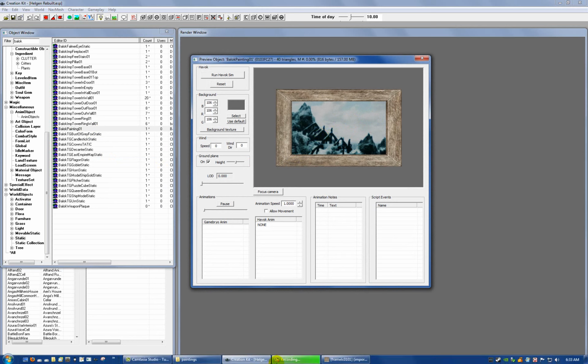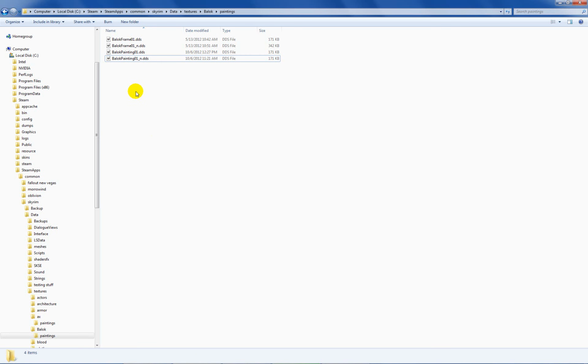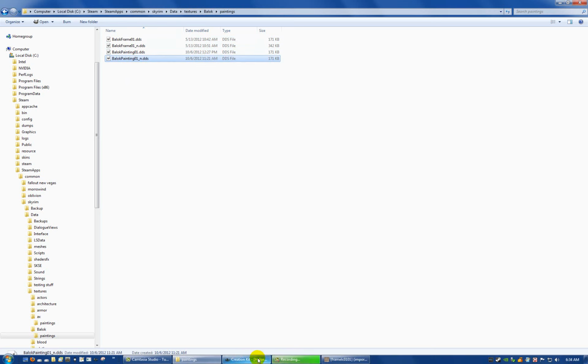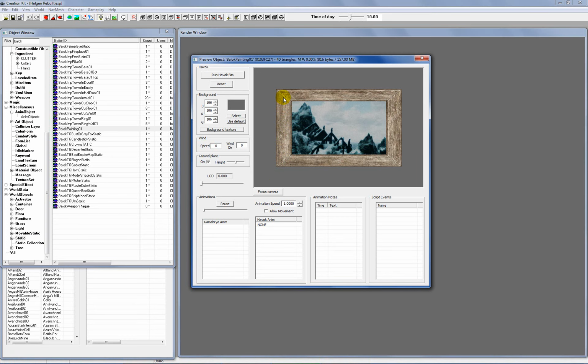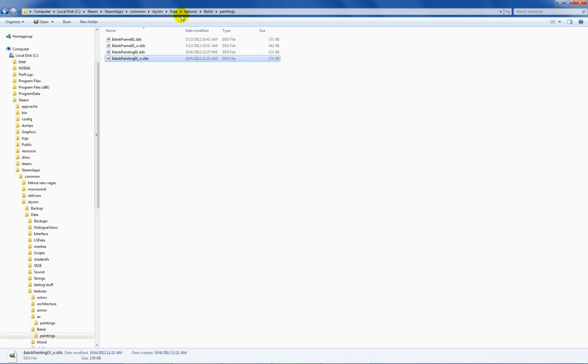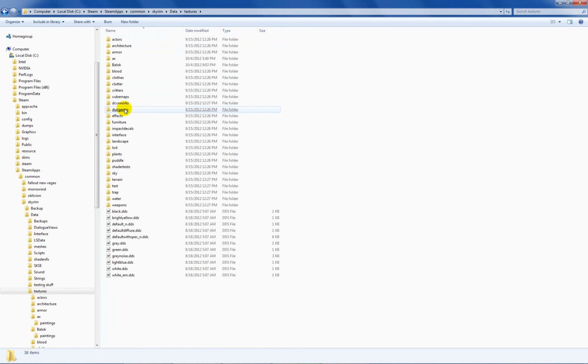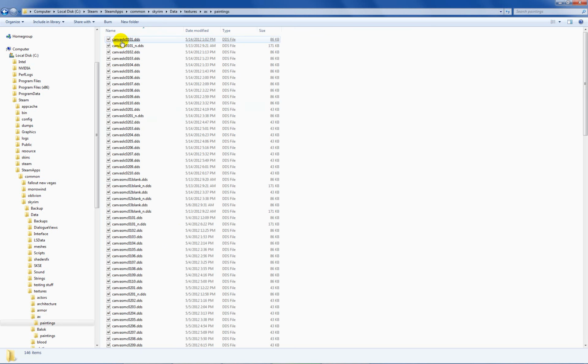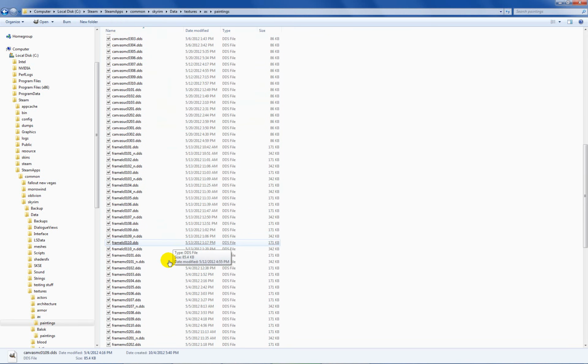our textures for that artwork are in our root directory here. For me, it was data, textures, Baylock, and then paintings, and that is painting 01 and the normal for that. However, the actual picture frame, the wooden part of the picture frame, it occurred to me, is actually pulling its texture from the original directory for that modder's resource. So that texture is actually being pulled from Axe, paintings, and then it is actually this texture down here that is frame